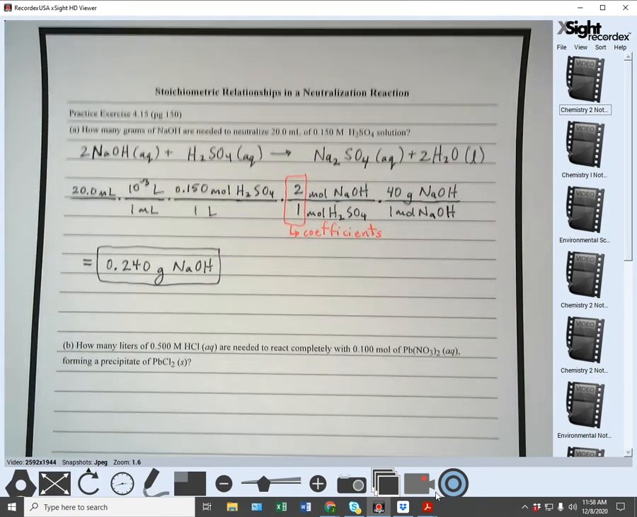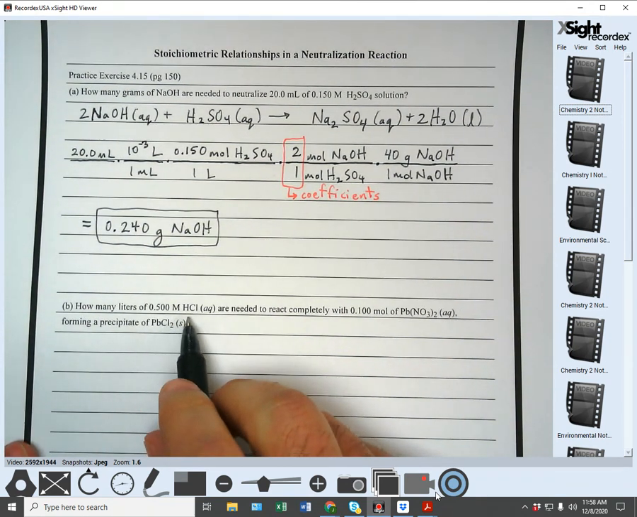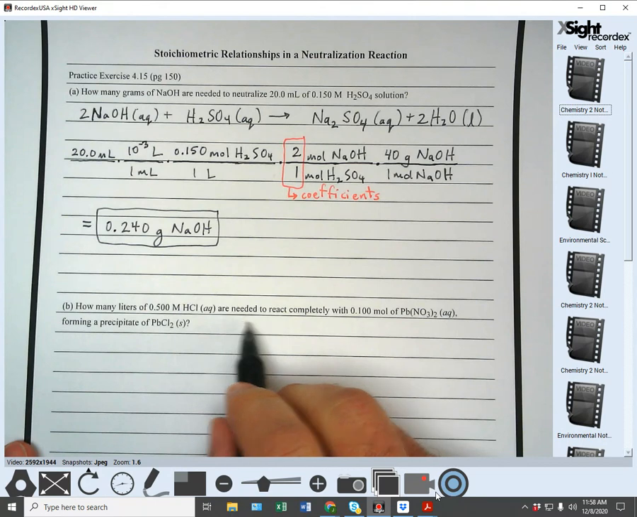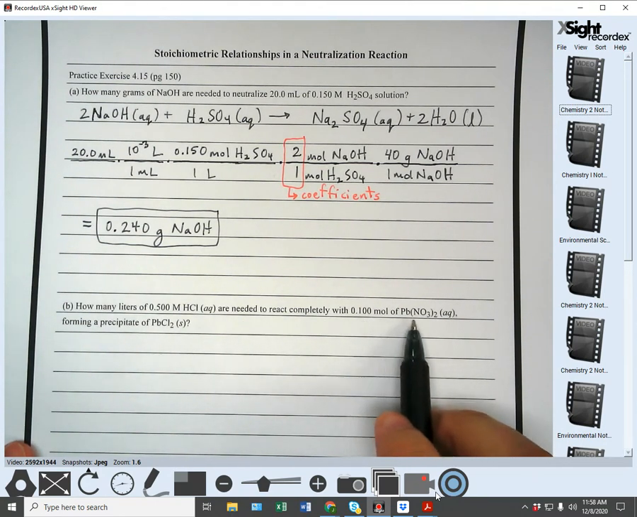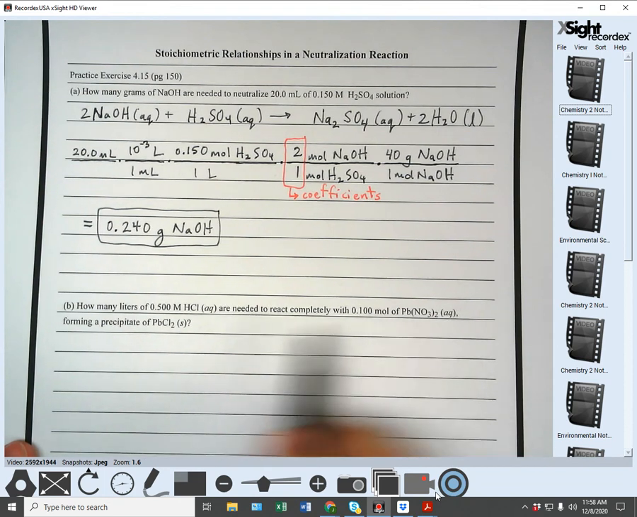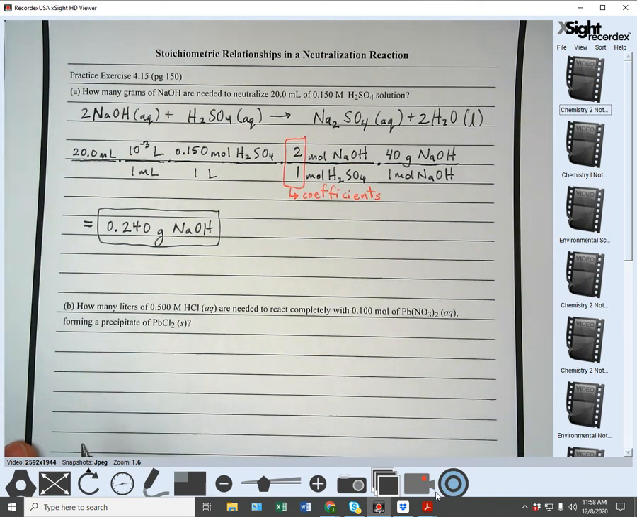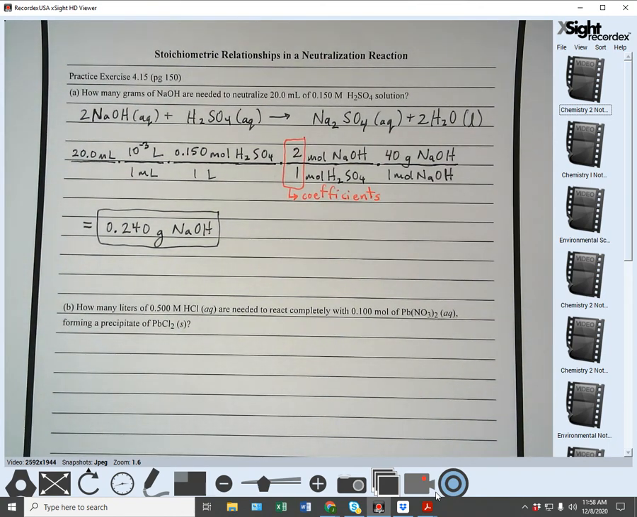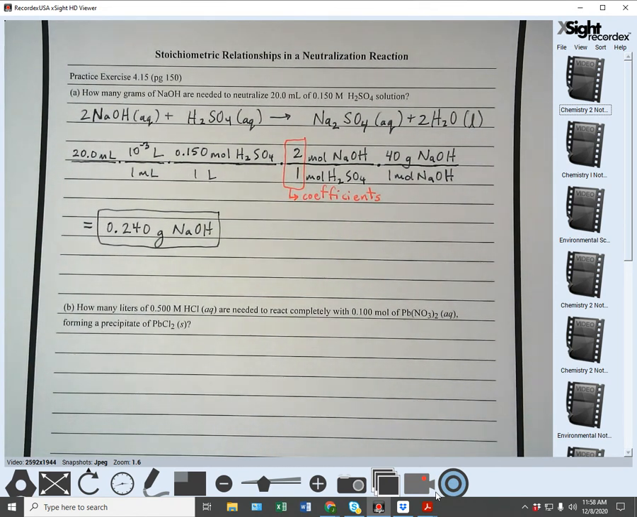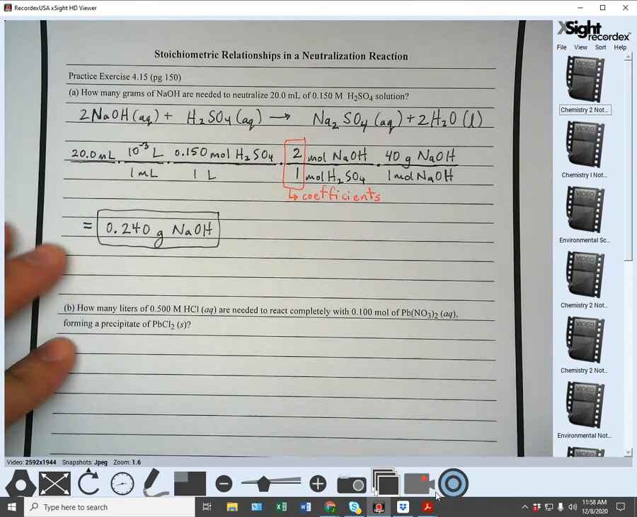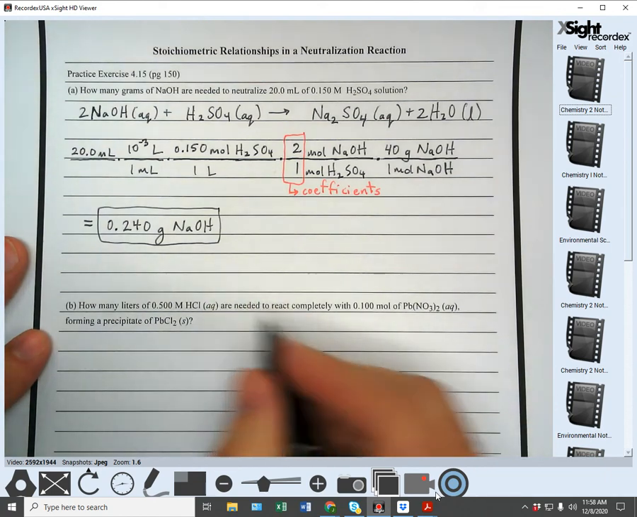Now part B. How many liters of 0.500 molar hydrochloric acid are needed to react completely with 0.100 moles of PbNO3, forming a precipitate of PbCl2 solid? All right, so once again, we're going to need a balanced equation. Okay, so I'm going to do